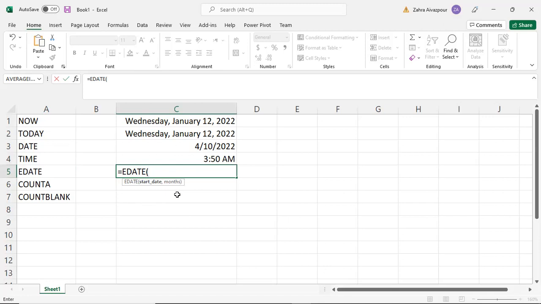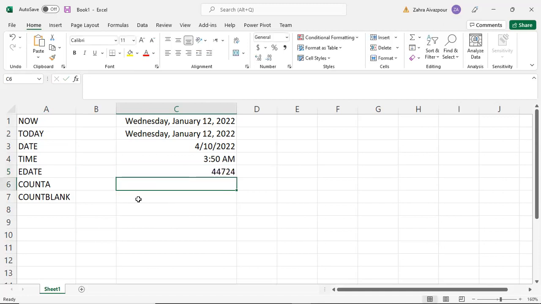I also wanted to show you how you can use these time functions as a nested function. When I'm using a nested function as an argument, as you know, we don't need to add another equal sign. You just type, let's say, TODAY. I want to see the date 5 months from today. And if I add 5, it shows me this number again, because I'm in the wrong format. If I change it to short date, then it shows me